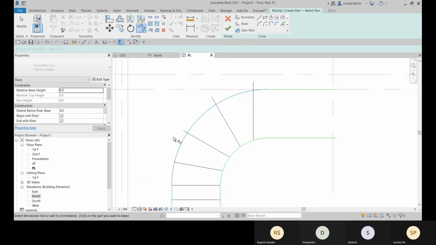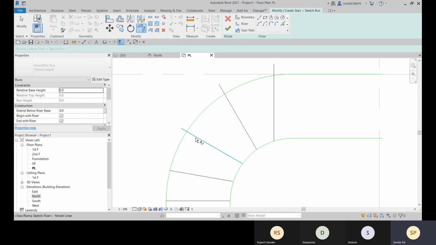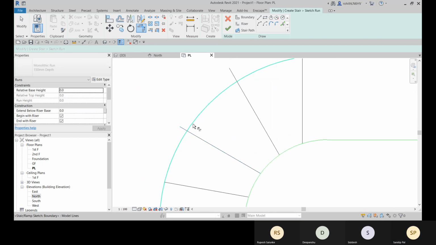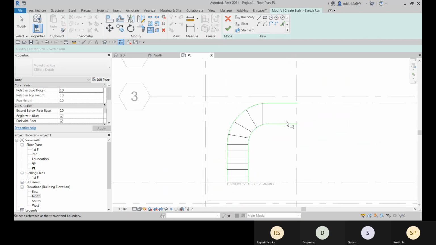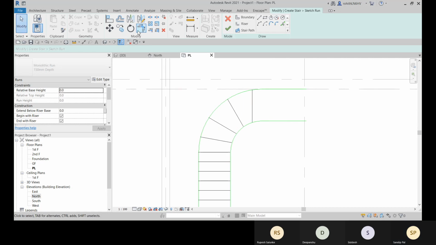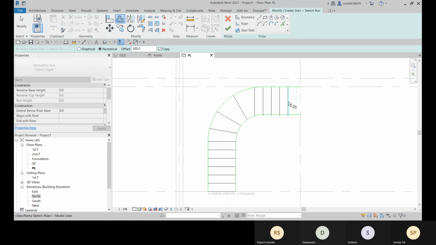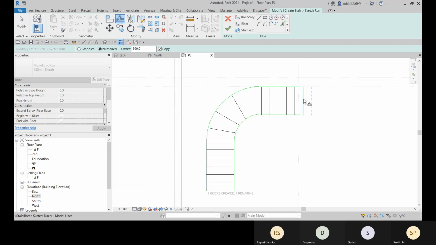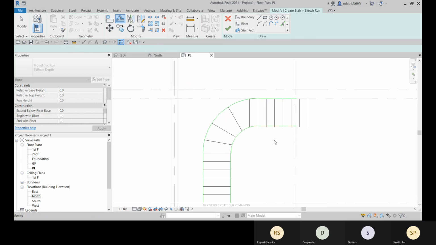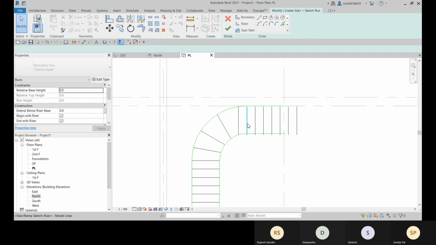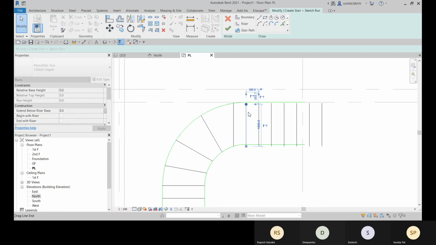Now let me trim it. And go for offset. Can go with this trim extend option.